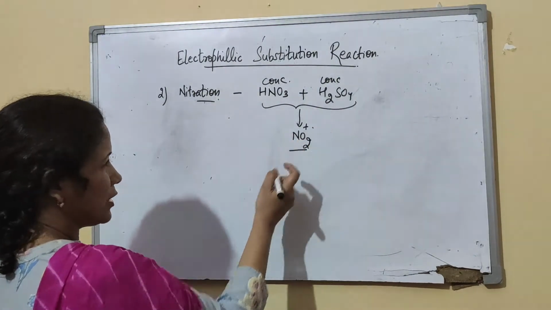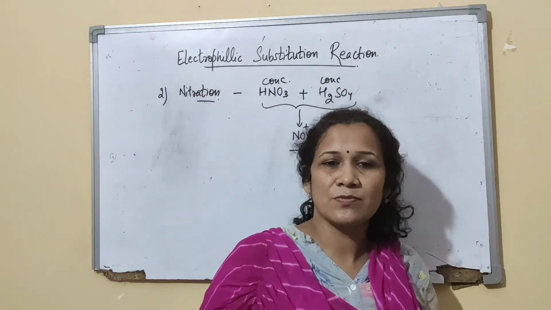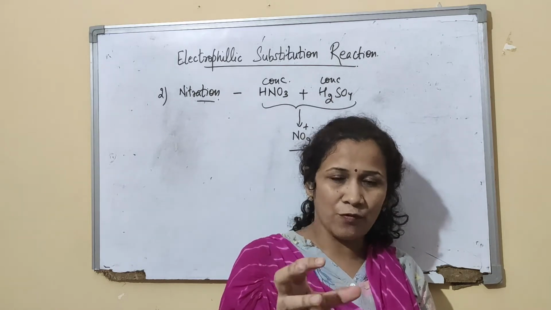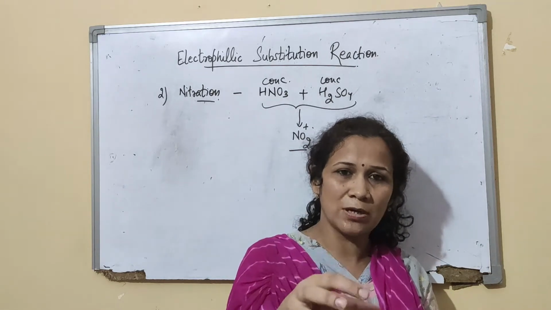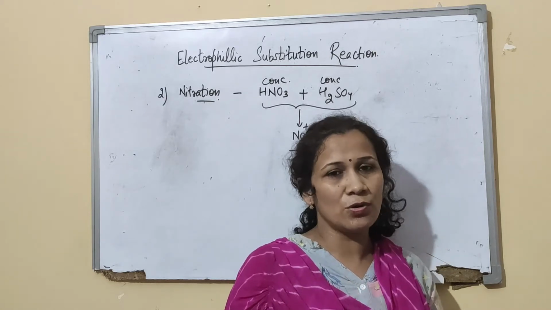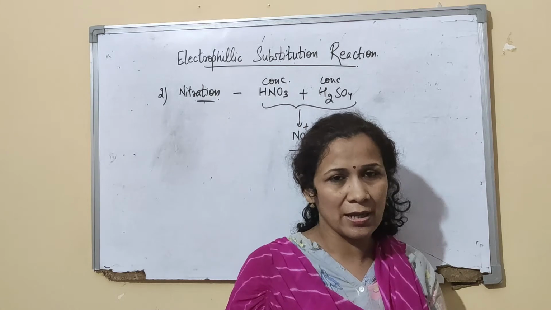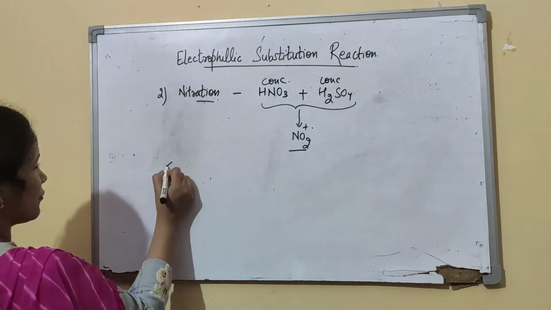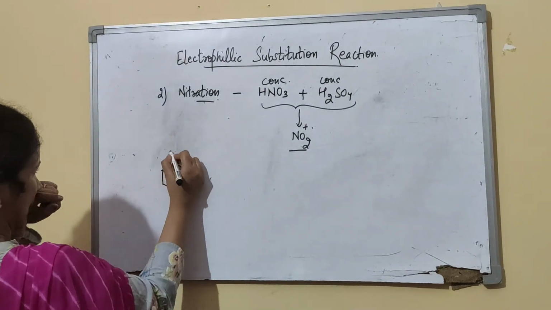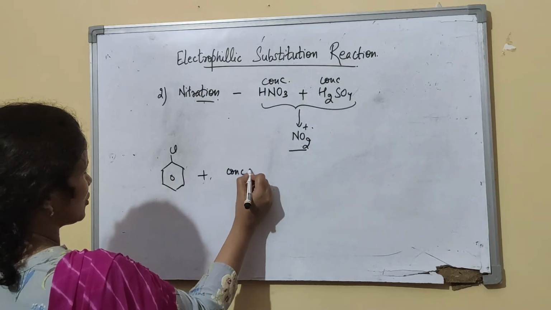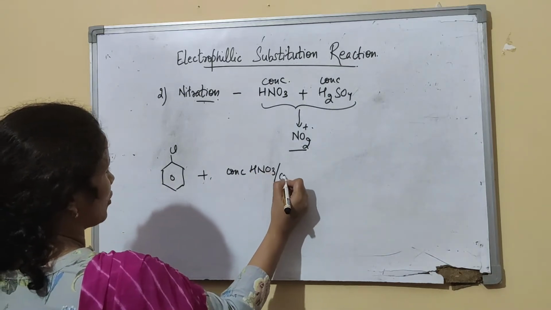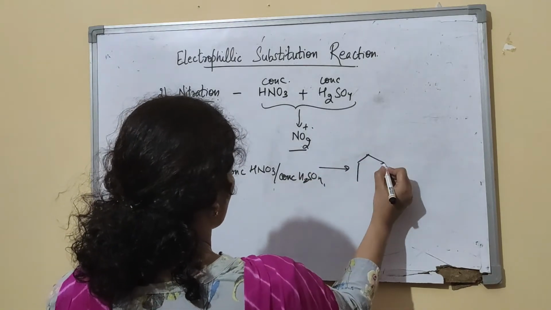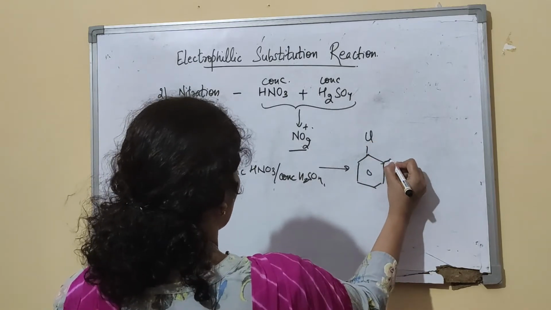So nitronium ion has a positive charge. That means what? Because of this positive charge, the nitronium ion will behave as an electrophile and will go and get attached to the benzene ring. Now again, because you know the halogen is ortho-para directing, one time an ortho isomer, the second time a para isomer. So if you react chlorobenzene, the reagent for nitration is conc. HNO3 and conc. H2SO4. So one time ortho and one time para.